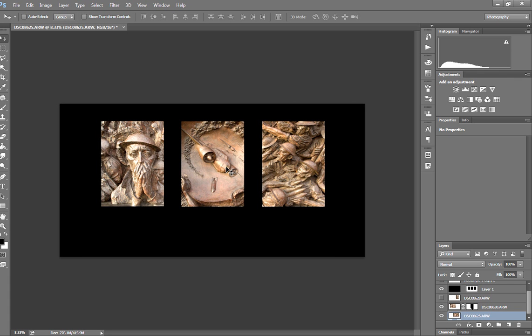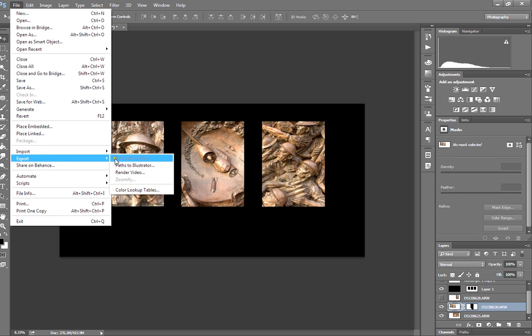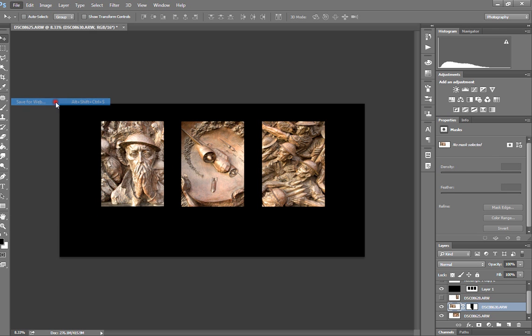In this case, if it was for club, it's not actually an issue because that rule doesn't apply to this particular week. But yeah, just be aware that that can be a curveball there. Okay, so that's it, and just save as you normally would, or in this case, the best option is export. Sorry, save for web,